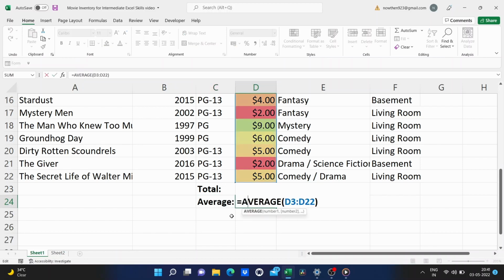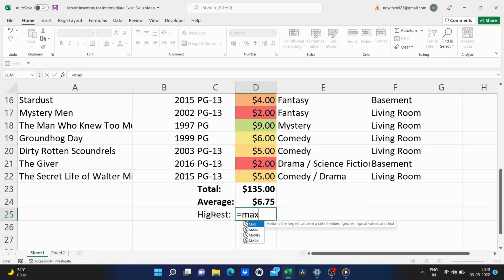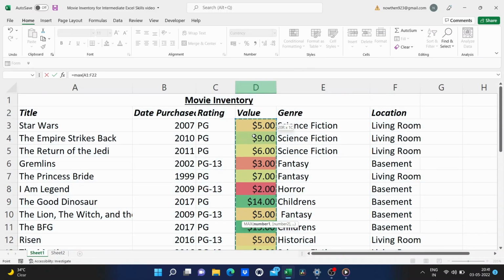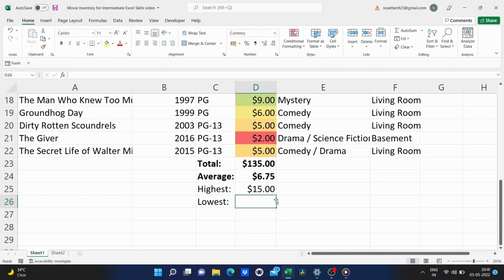Next, I want to do the highest value and the lowest value. For these, the formulas are a little different. For highest, the formula is this cell is equal to the max, or just MAX, left parenthesis, click and drag on the range or type in the range. It's up to you. Hit return. So what it did is it looked through that range, found the maximum number, the highest number, and printed it here.